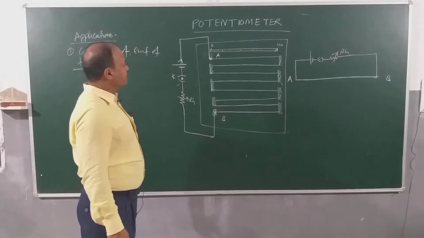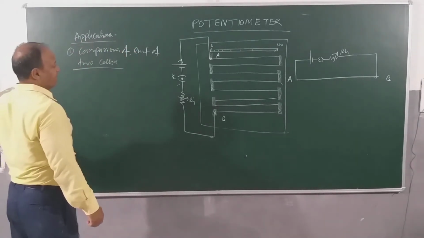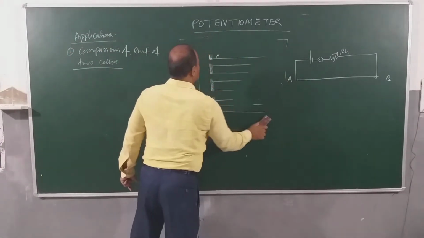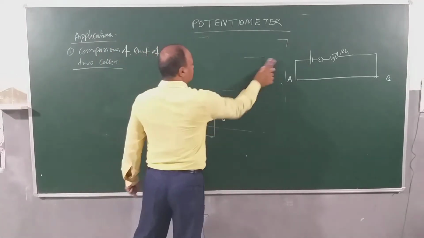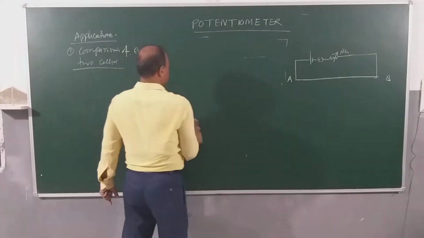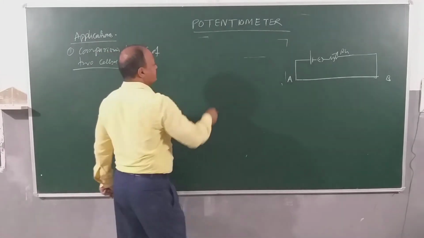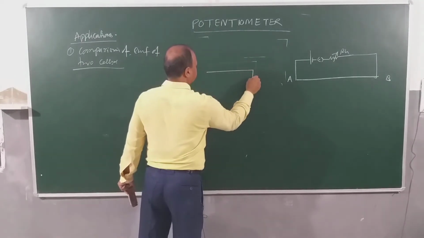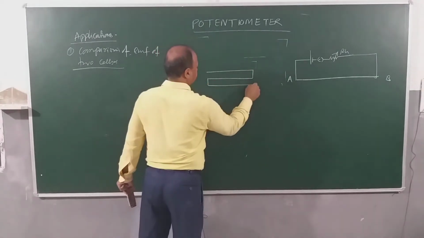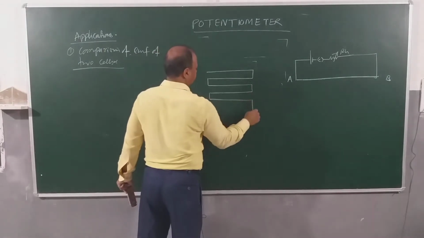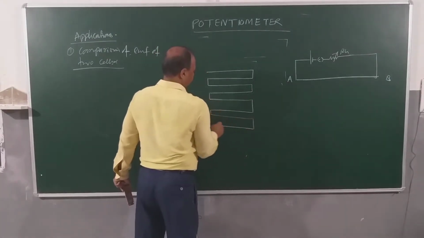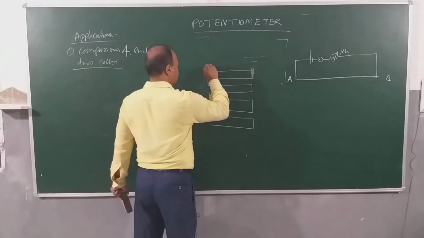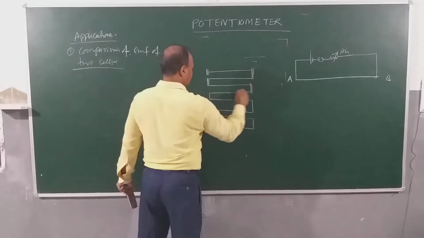Let's understand what you will do. For comparing EMF of two cells, I will connect both the cells in parallel. I will redraw the circuit because the circuit is very big and I am not able to accommodate the cells out here. Children, these are the wires that we have connected. One, two, three, 4, 5, 6, 7, 8, right? These are the copper stripes as you have seen, right?